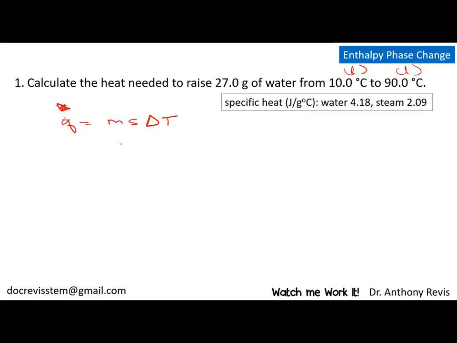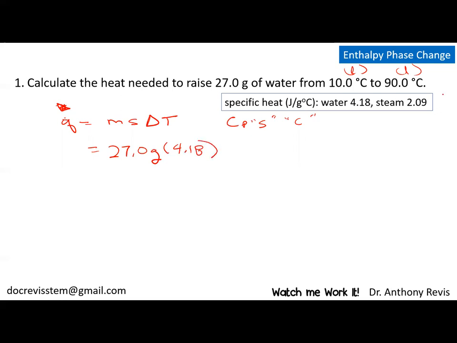All right. So what we have here for this heat, we basically put in the mass of 27.0 grams times the specific heat, and sometimes that'll be called specific heat capacity, and in some texts it's called CP. Some are called S, others are called C. So it varies all over the map. But watch, the units will tell you. So if it says joules or joules per gram degree C, then it's talking about specific heat. And for liquid water, that's going to be 4.18, and sometimes you'll see a 4 on that too,